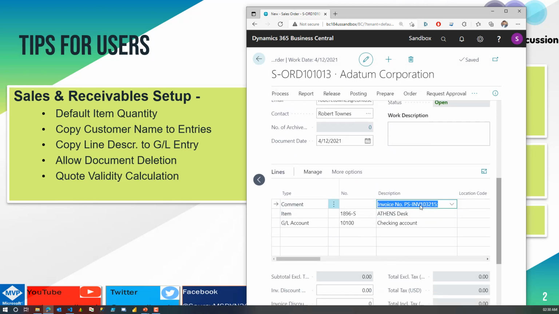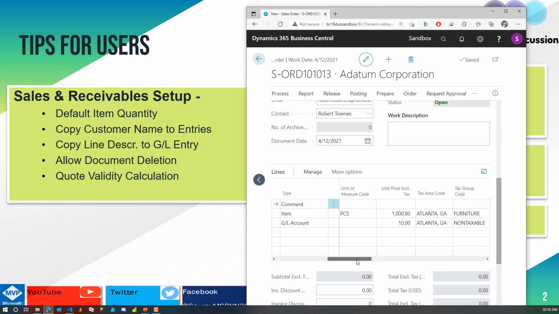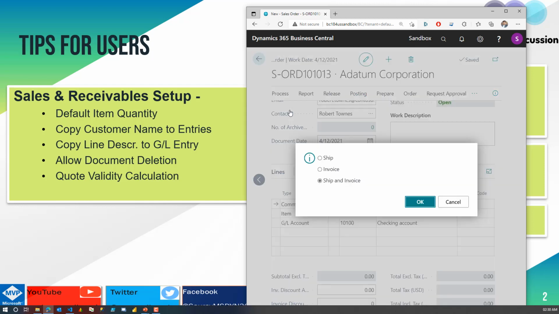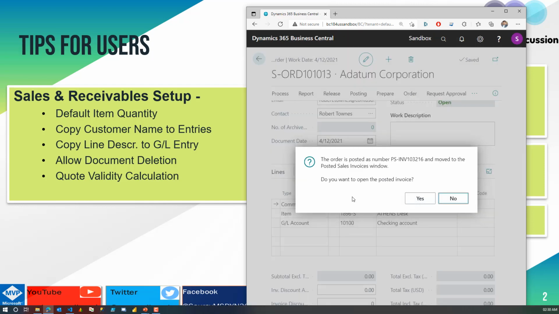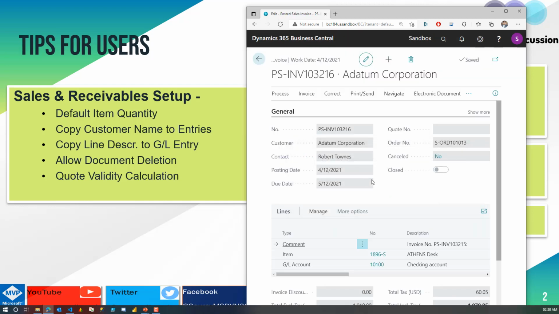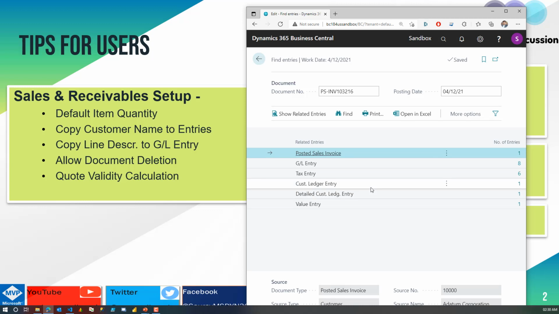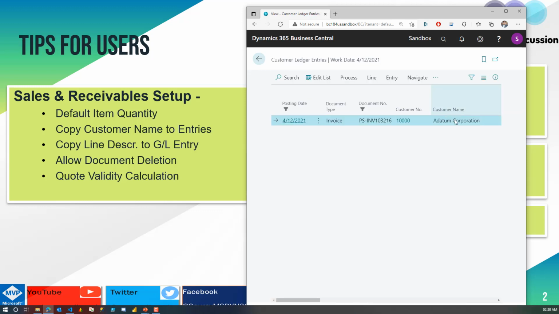The comment will be from where it is copied from. The quantities will be the same, 1 and 1, and the amount, unit price will be the same. So now if I try to post this on ship and invoice, and I open my posted document, and if I go to my actions, find entries, if I go to my customer ledger entry, I'll see that now I have a customer name